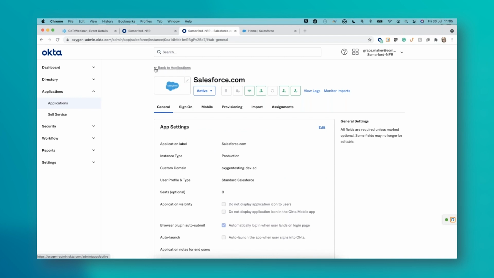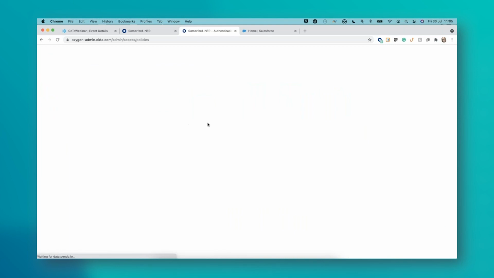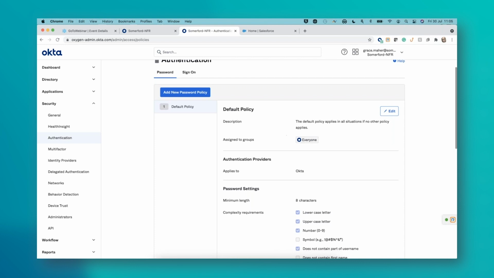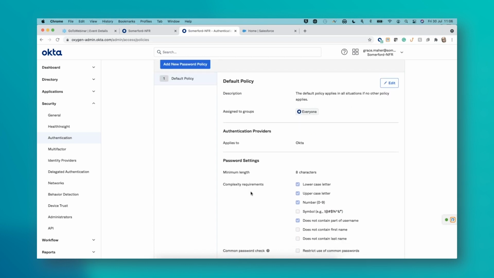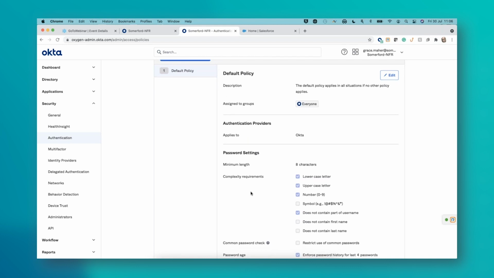Now, if I jump into the security here, I can show you a little bit more insight into how granular our authentication policies can get. And you can layer them as well. So you can have one as your default policy and then add additional ones on if they meet certain factors. Say if a user is new or hasn't signed in a period of time, you might just want to go ahead and prompt them for MFA. Or maybe if they're accessing a really important application with a lot of data in, a very critical app, then you might want to maybe reduce their session limit and maybe say, okay, let's go ahead and ask them